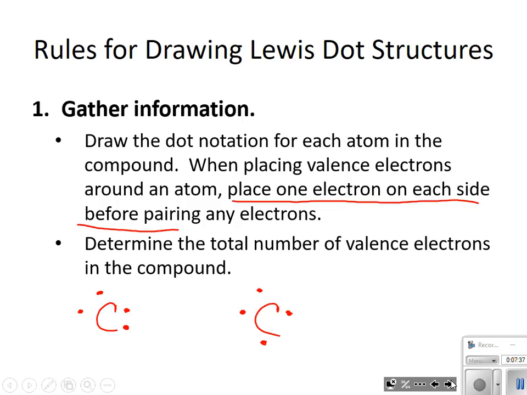Why are we going to do that? The whole reason why we do that, think about covalent bonding. We stated a little bit earlier that covalent bonding is the sharing of electrons, right? Well, when I look at this one, the way that's set up there, we can only share a couple of electrons, right? Because we've got a whole bunch of blank area right here. But when I set up this one,